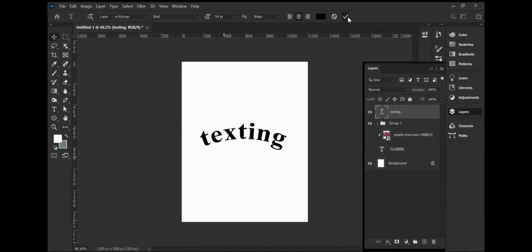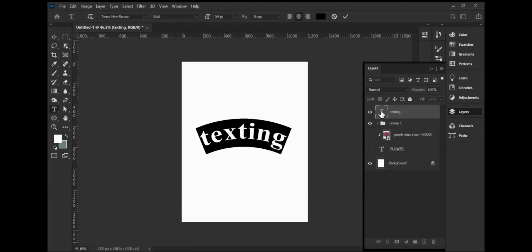It is coming out with this arc because you can see from this layer that it has that effect. So one way of changing text is double clicking on the text itself. Another way is coming to this box here that has the layer of your text. You double click on it. It is the same thing. I will change it to